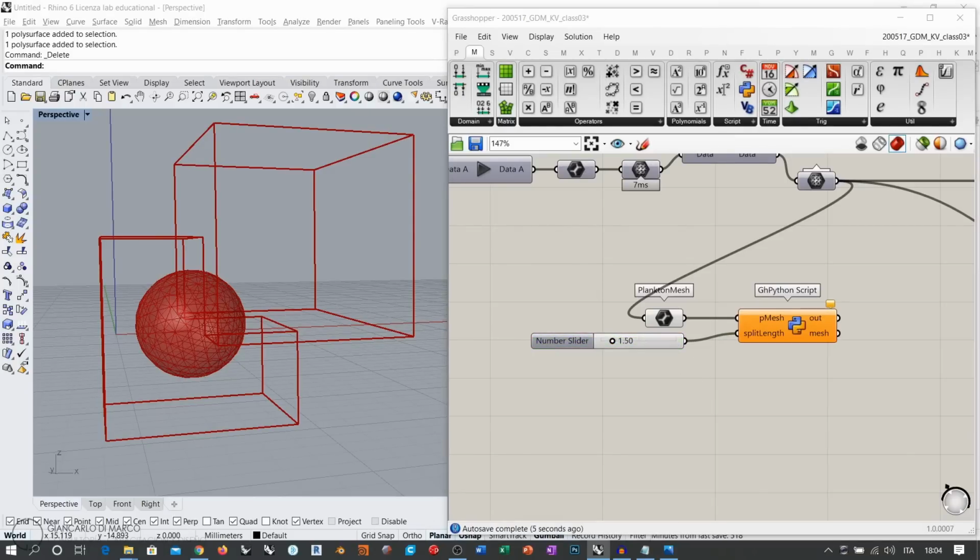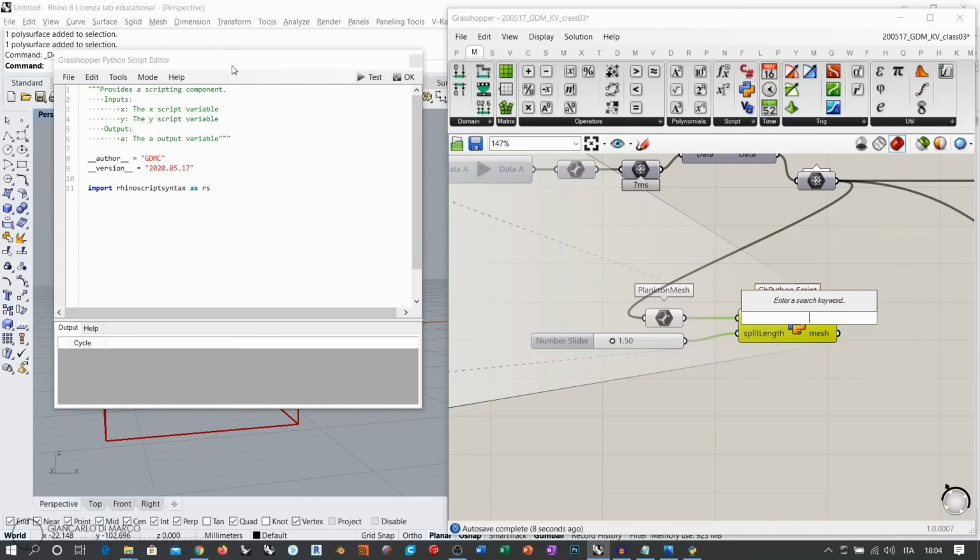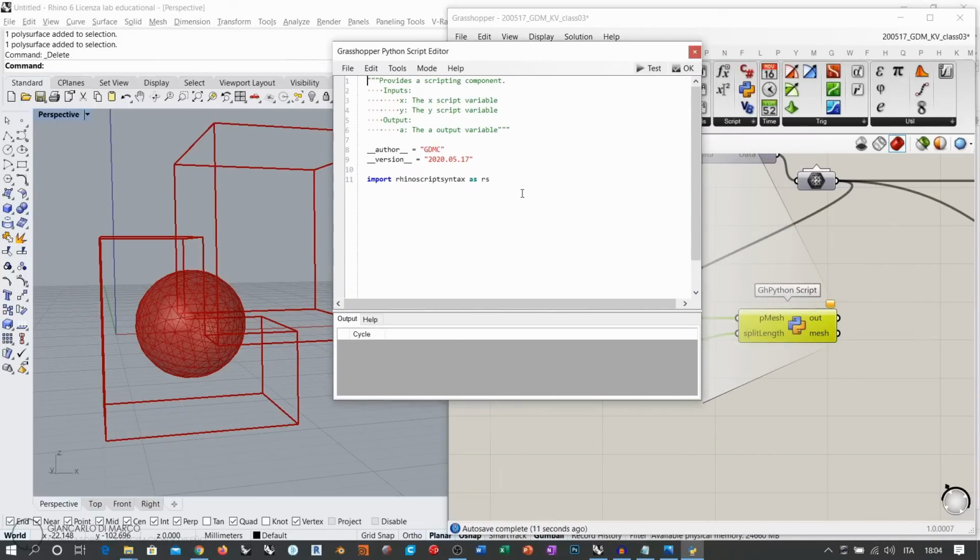So what we need right now is to enter this interface and start coding. I will simply get rid of all of these things because I want to start using a totally blank script. So first of all, I'm going to tell Python that I want to use Grasshopper libraries, okay? Because Plankton is installed inside Grasshopper via the Grasshopper libraries. So I need Python to be aware that we want to use Plankton libraries, and this is done by importing